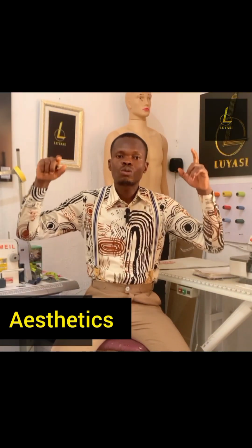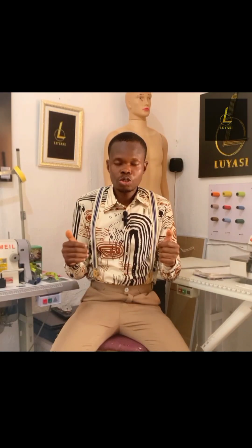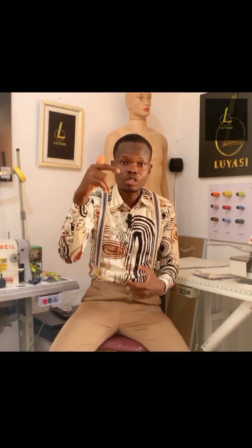Most tailors don't consider the aesthetics when it comes to the fashion business or the tailoring business. Now, what do I mean by aesthetics? The beauty, the decoration, the interior design. Now, the beauty of the place or the beauty of the location in which you want to showcase your design is almost as important as the sewing machine itself. Now, the location